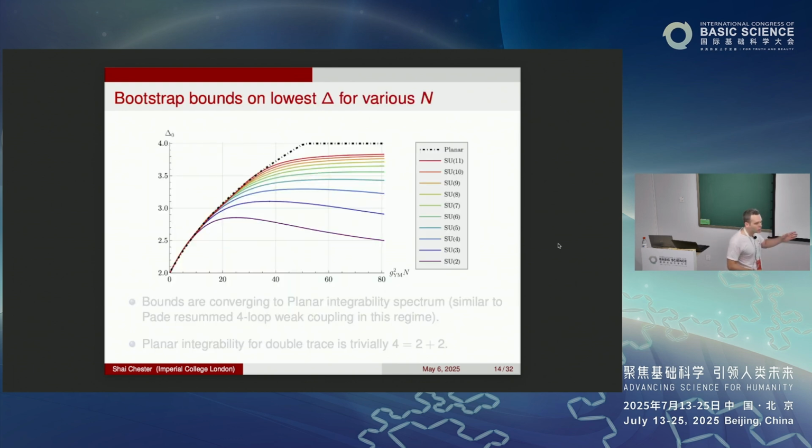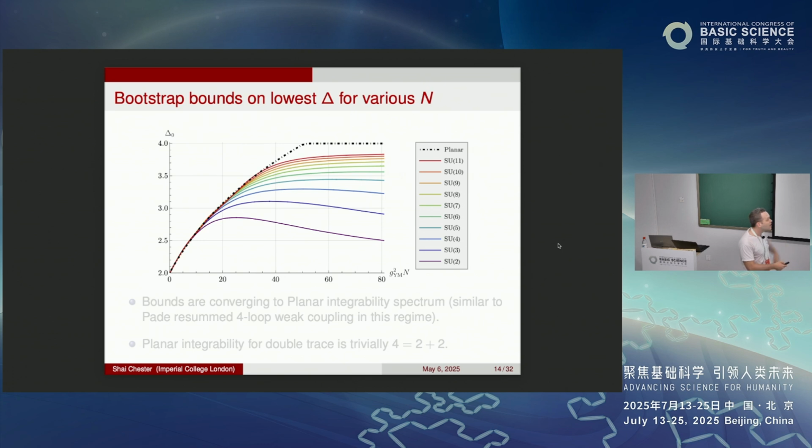Okay, so that was for n equals 2, but we can run the same thing for larger values of n. So this plot is looking at a range of n. The x-axis is the coupling, which we now normalize with n, so this is the 't Hooft coupling, and the y-axis is the same thing, the scaling dimension. These different colors correspond to the different values of n. So we start with purple and we go up, so as n gets bigger, this bound is going upper and upper and upper. This black dotted line is the exact value known from integrability,